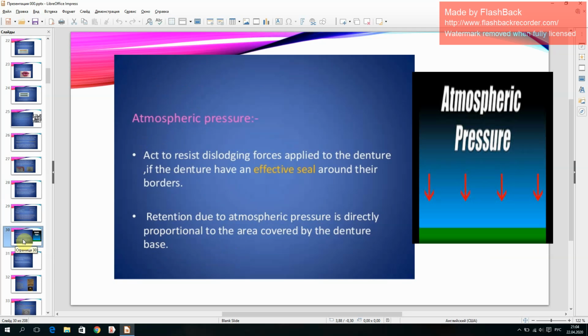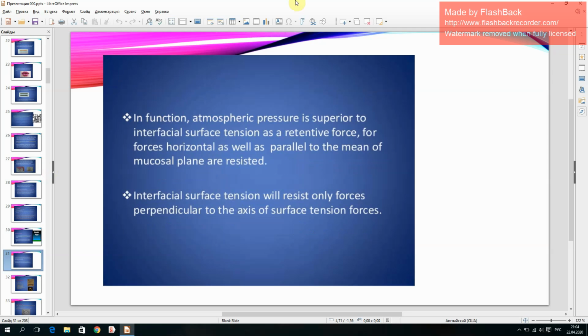Atmospheric pressure acts to resist dislodging forces applied to the denture if the denture has an effective seal around its borders. Retention due to atmospheric pressure is directly proportional to the area covered by the denture base. In function, atmospheric pressure